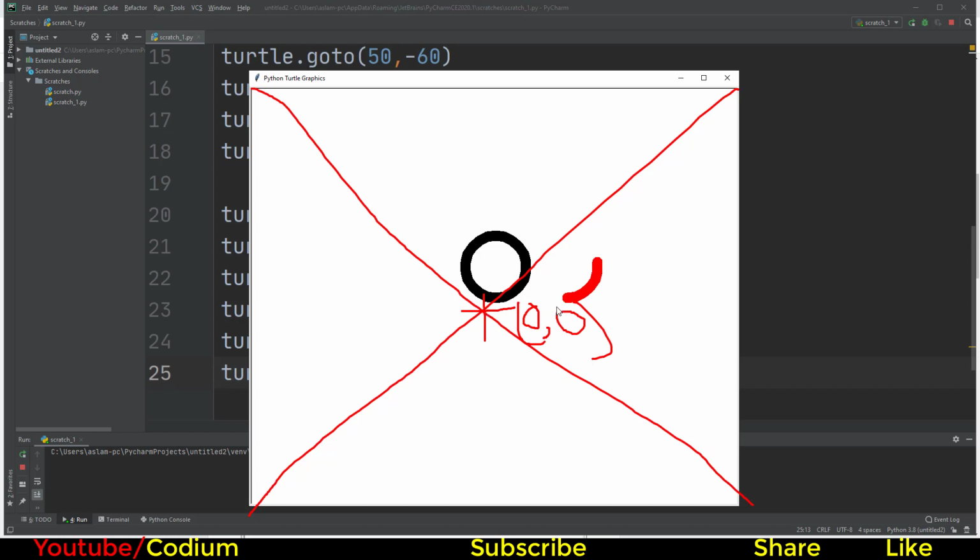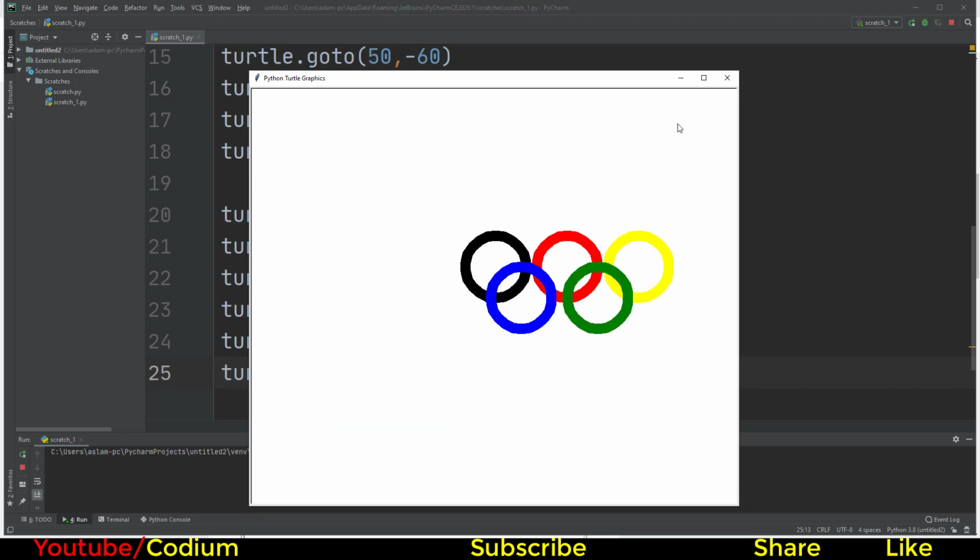You can measure where you want to draw. If you want to draw starting from here, you have to put coordinates, goto, minus this and minus this, like that. So this is the tutorial of Olympic rings.